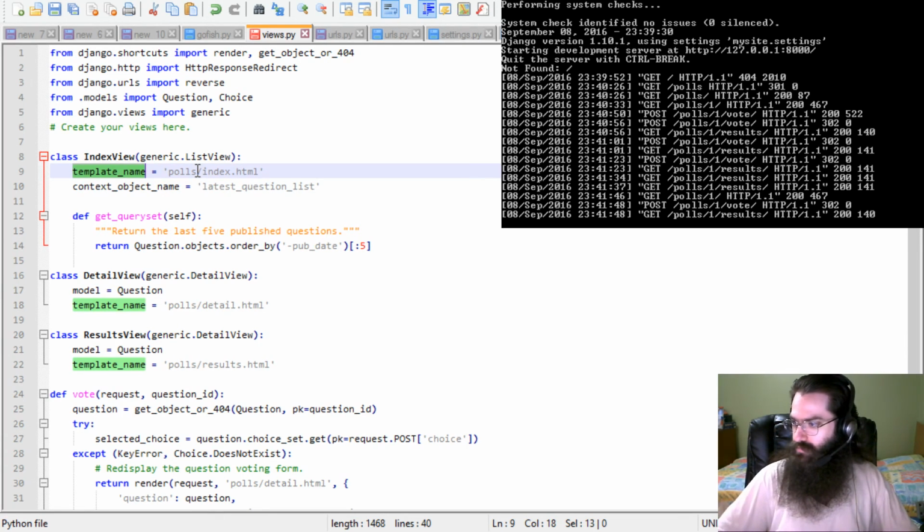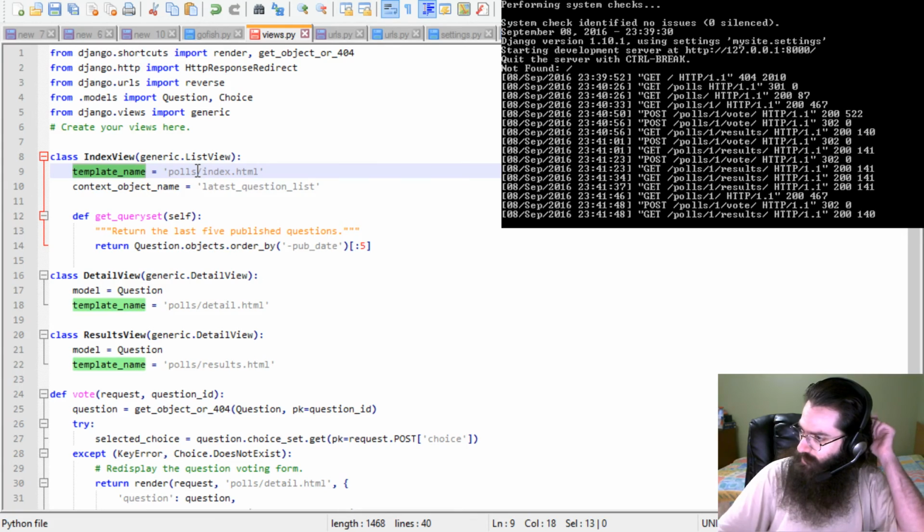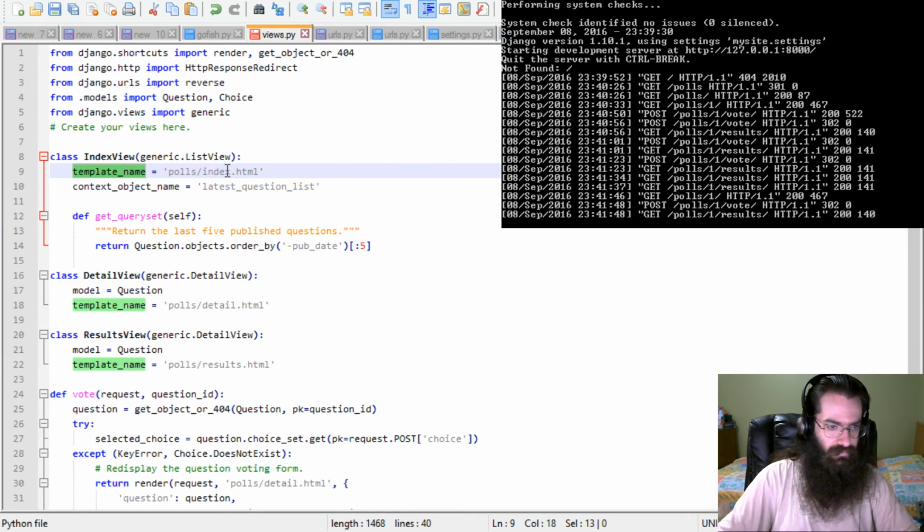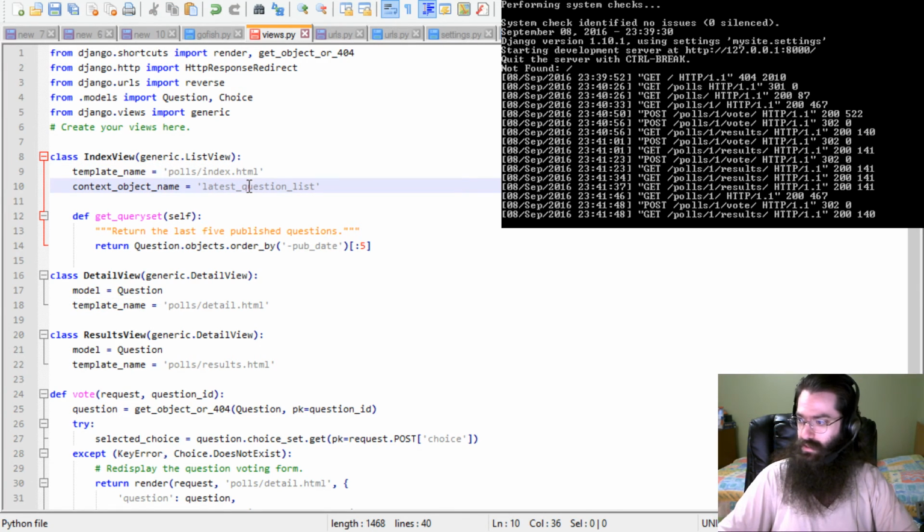In previous parts of the tutorial, the templates have been provided with a context that contains the question and latest_question_list context variables. For detail view, the question variable is provided automatically. There's a lot of stuff here. Django determines an appropriate name for the context variable, but for list view, the automatically generated context variable is question_list. Context object name. So we don't want that. We want latest_question_list, which we override over here